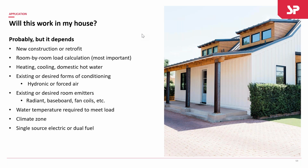Be aware of what climate zone you're in and whether we're doing single source electric or dual fuel. Those are all super important things. All of our reps across the country, again, you can find those through the rep locator at spacepak.com, and most all of our very helpful wholesale partners throughout the country as well can help you with all of these questions